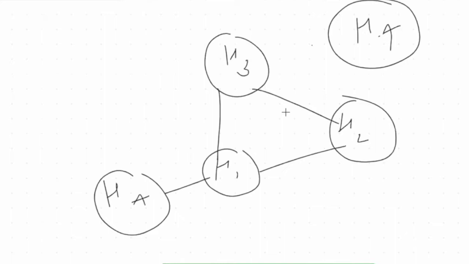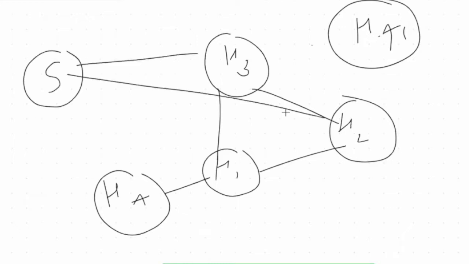Now the question arises: a new municipality came up and they want to install fiber cable connection in all the houses, or they want to install gas pipeline connection in all the houses. But everyone wants to minimize the cost, right? They don't want to spend way more money than is required. So how do they go about figuring out where they should install the gas connection pipes? Let's say this is the source from where all gas will start, and they want to distribute this gas to all the houses.